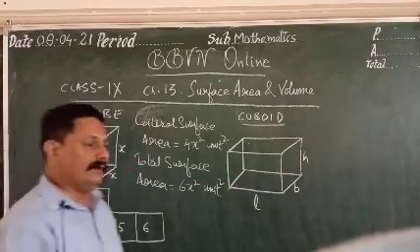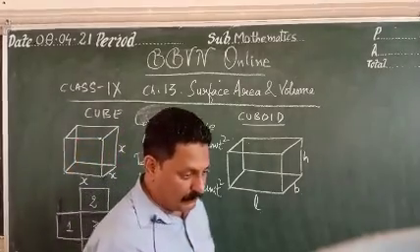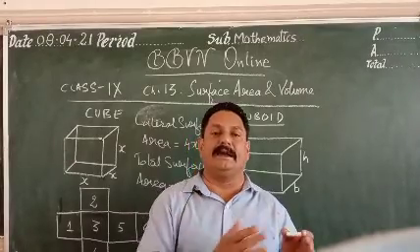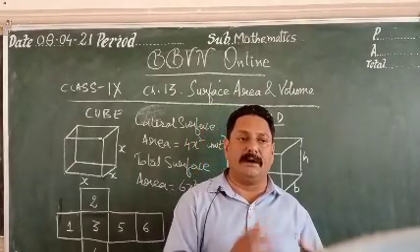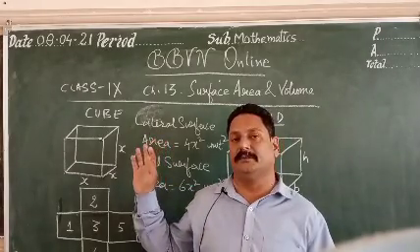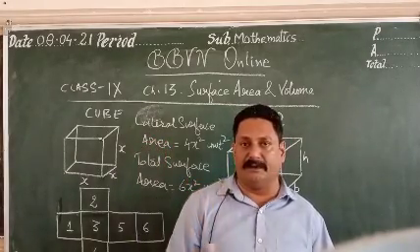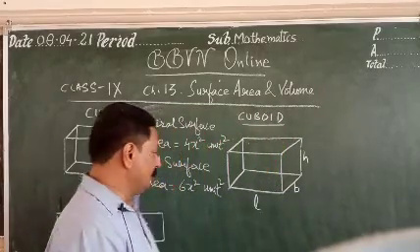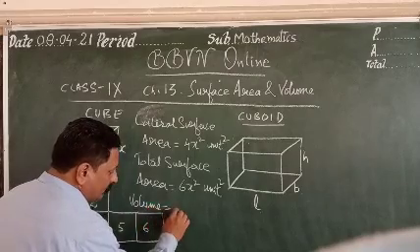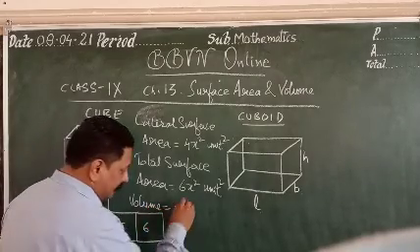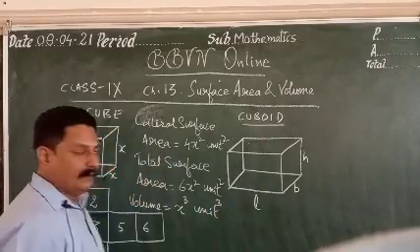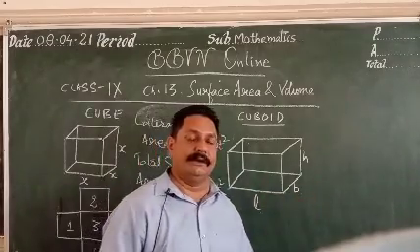Got it? Now let's talk about volume. Volume of a solid is nothing but the quantity that it can hold. The amount, the quantity. Say for instance, if I want to fill liquid in this cube, the amount of liquid that can be filled represents the volume of this cube. So volume is x into x into x, that is x cube unit cube.